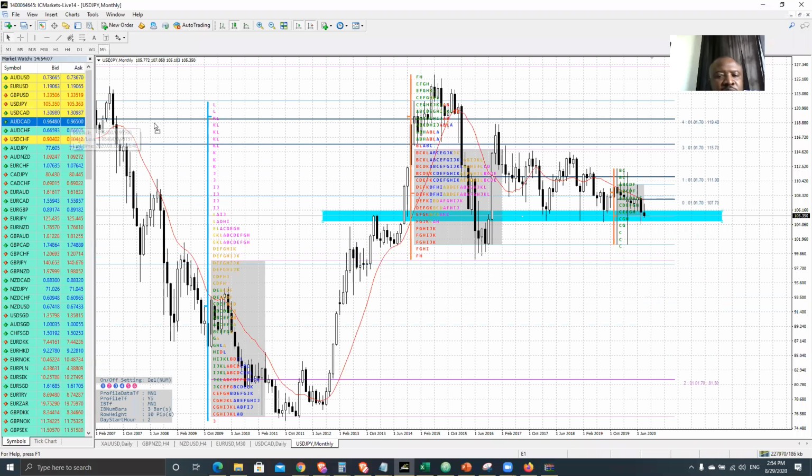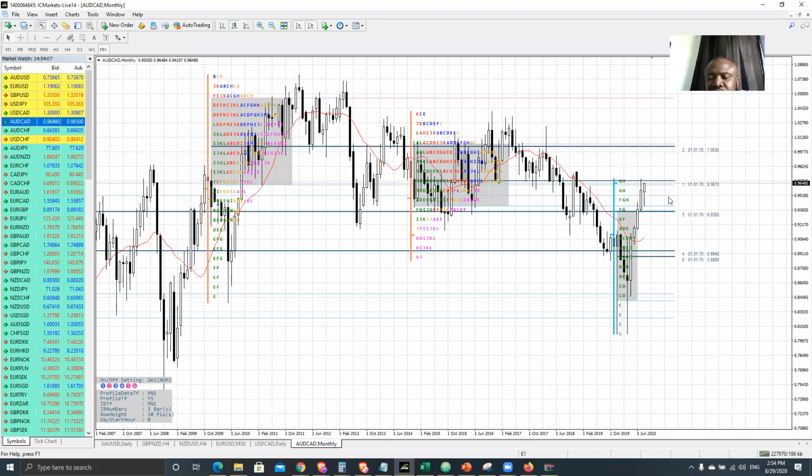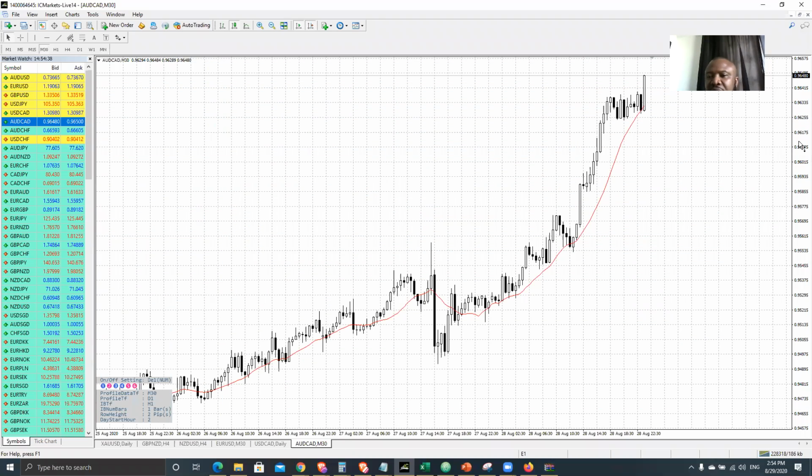Let me see. Okay, somebody mentioned Aussie Kiwi. Right, so with Aussie Kiwi, 96.70. For me to be a buyer now, I want to see a 30-minute break above it, with a test of it and then continuation. So 96.70 will be one key level that I'll be watching out for. If we cannot close above 96.70 and we test it, then I'll be a seller. That's one key level. 96.70 is key on the Aussie Kiwi.